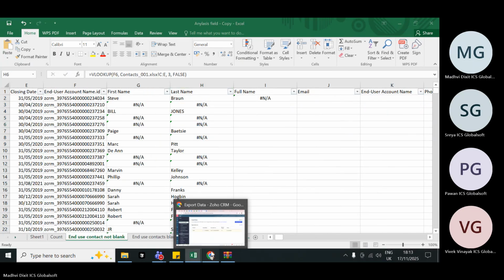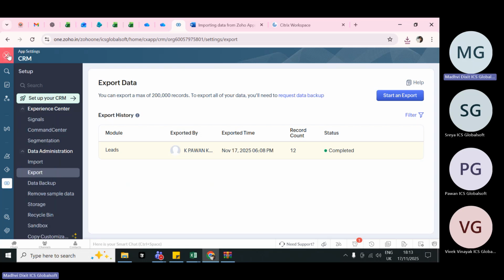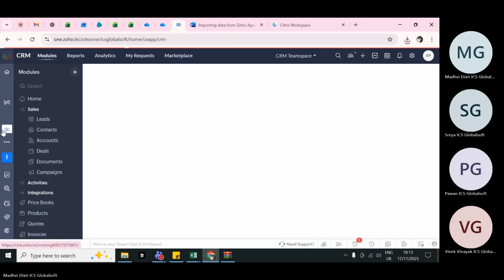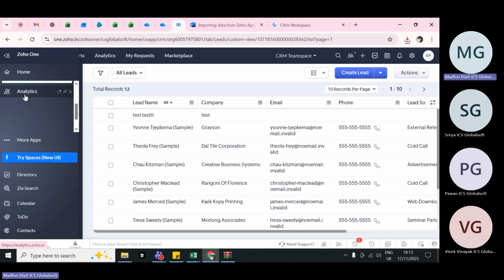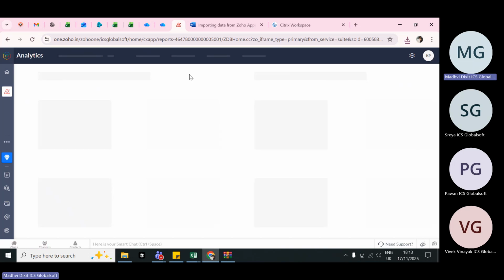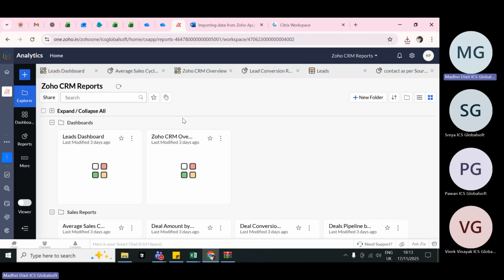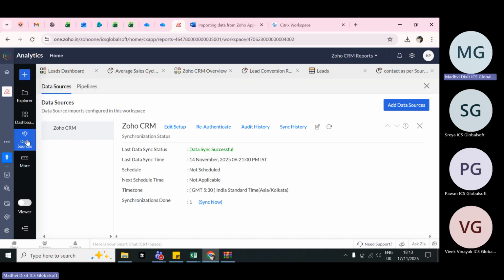So now we can see in the analytics how we have done the same thing in the analytics. First thing, whenever we integrate any Zoho platform with the analytics, this is one way you can create data or reports. And another thing, whenever I go to data source,